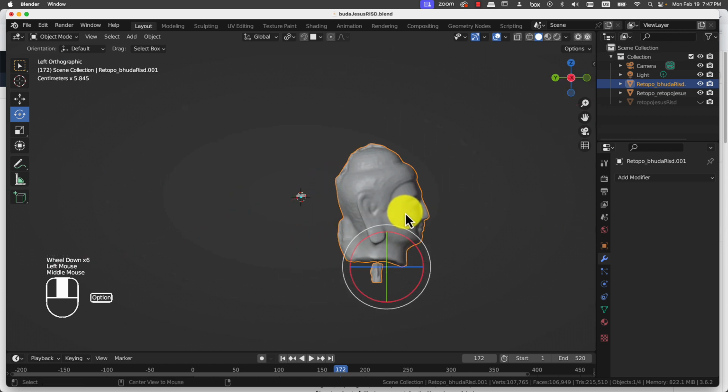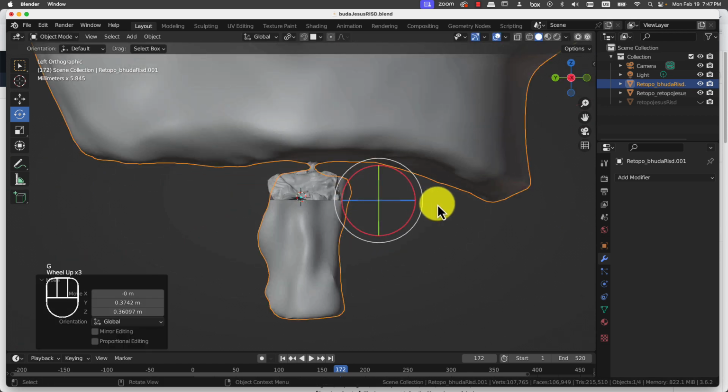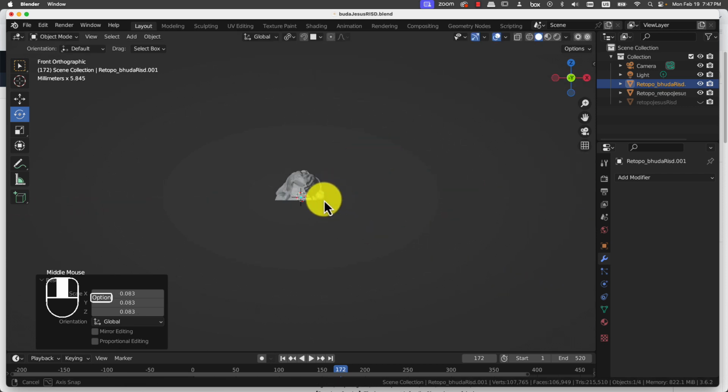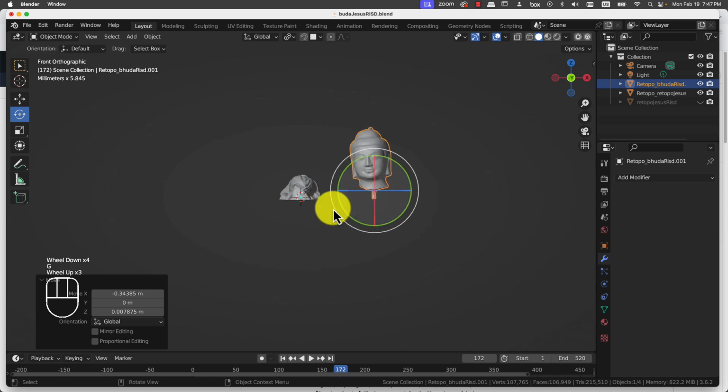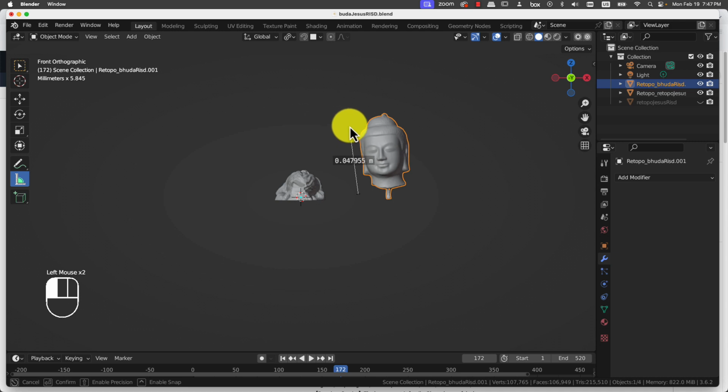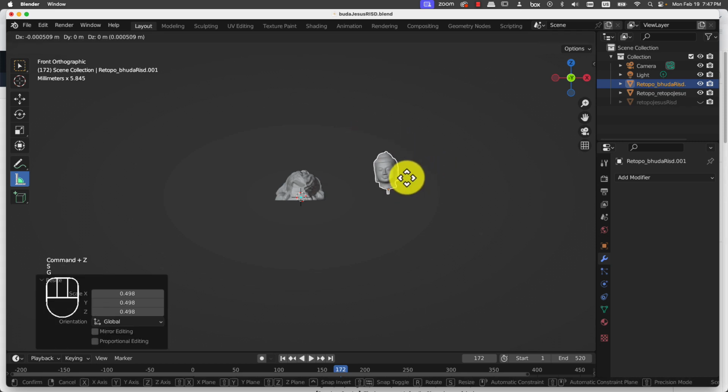Now about the Buddha thing. So you can get some ideas of printing size and things like that. There is a measuring tool here. You can use that there. That tells me that this head is, I'm sorry, I'm a metric person, but it's 0.5 meters. That's quite large, 50 centimeters. My inches are not that great, but that's practically double the height of what a 3D printer can print. So I will make it a bit smaller